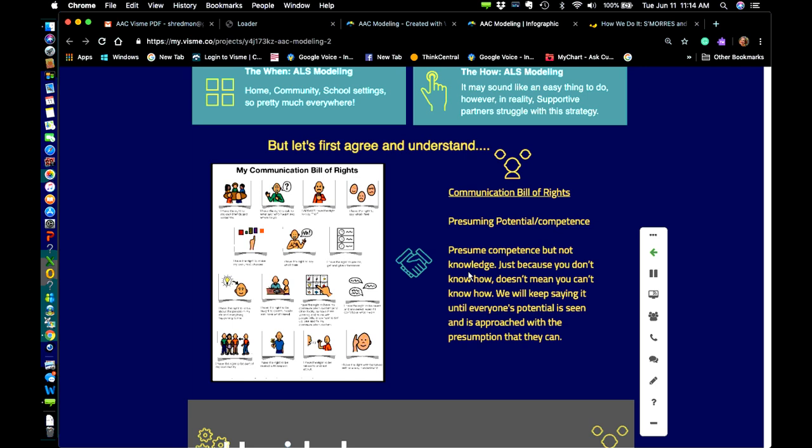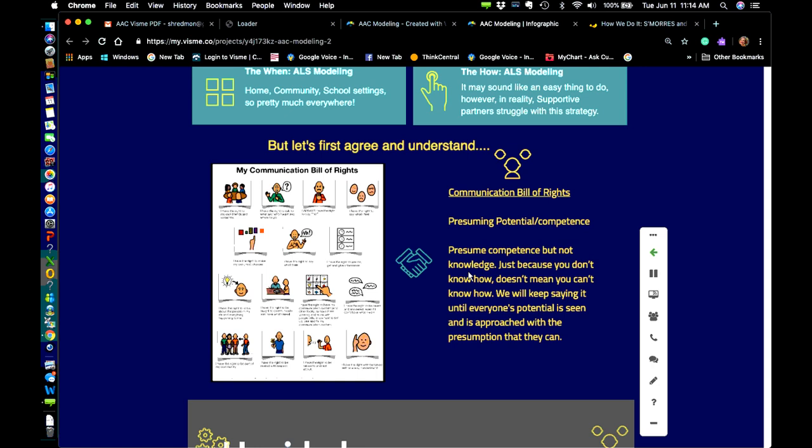social life. They have the right to ask who and what and where and why. They always have the right to say no. They have the right to say what they feel. They have the right to make their own real choices, not choices that individuals around them give them, but their own choices. And we'll talk about that agency, of AAC agency, that really goes into this AAC Communication Bill of Rights.